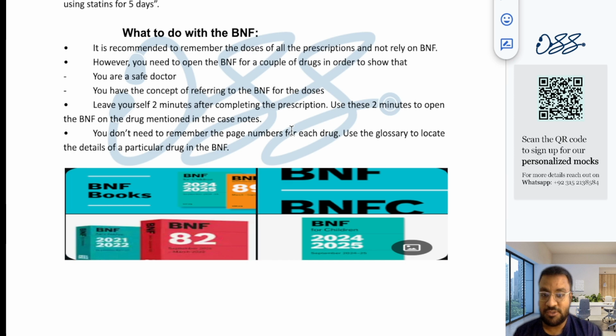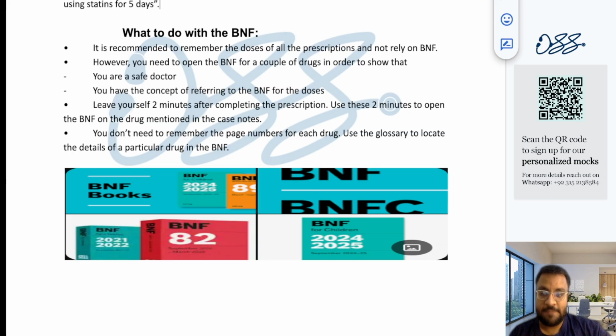And what they advise you, and what they instruct you, is that you use the BNF in every case. Okay, but that is not true. What I would recommend is that, number one, remember all the doses of the prescriptions, and do not rely on the BNF. Why? Because you've got 7 minutes to write the prescription. You've got 7 minutes to complete the prescription, and you cannot just open the BNF for each and every drug that you've been asked to